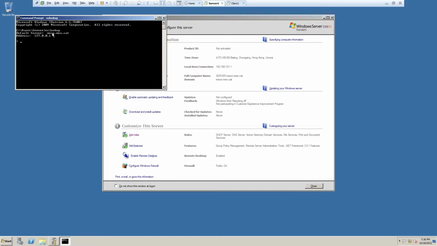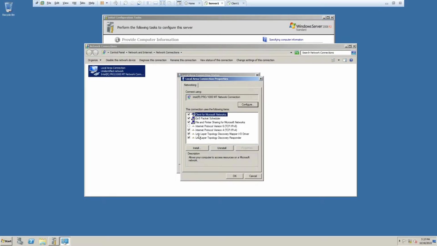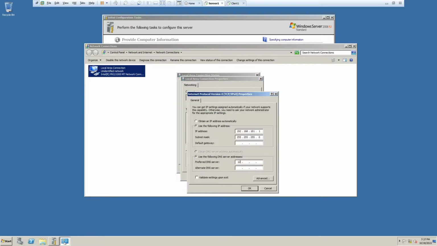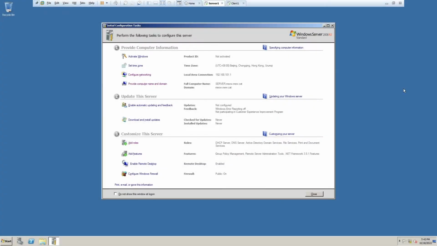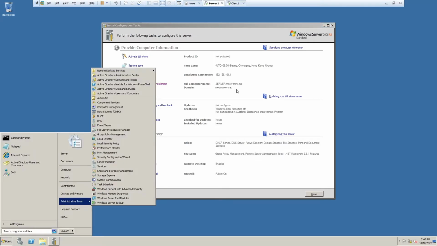Ito na, makikita natin default server tsaka address. During all that, yung mapapalitan yung IPv4 nung sa property natin sa DNS server. So gagawin natin, papalitan lang ulit natin dito sa nilagay natin kanina, 192.168.101.1. Okay. So, ngayon napalitan natin yung DNS server nito. All that's left to do, among other things, many other things, is punta tayo sa administrative tools, Active Directory Users